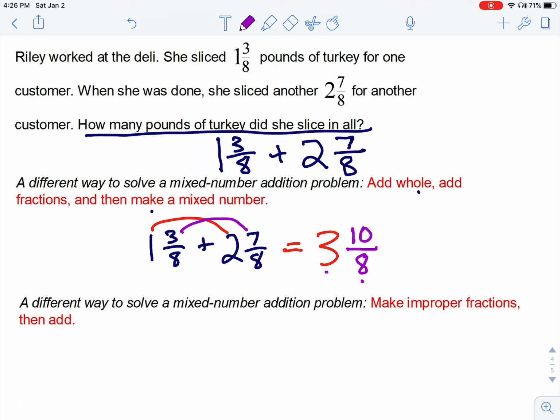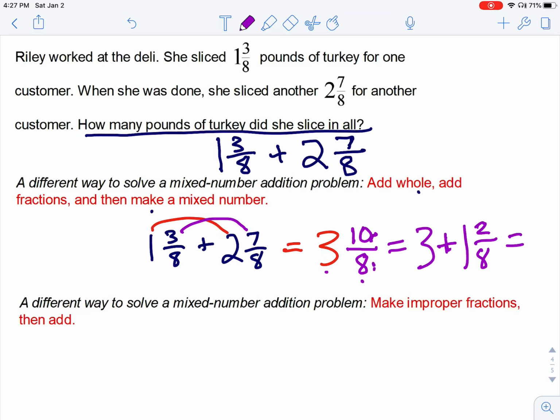The reason it hurts my eyes is because a mathematician would never put an improper fraction in a mixed number. Oh gosh, it's disgusting. Let's fix that really quickly. So good thing we practiced converting between improper fractions and mixed numbers, right? You know that 10/8 is 1 whole and 2 more eighths. So now we can be confident, so this was 3 plus 1 and 2/8,